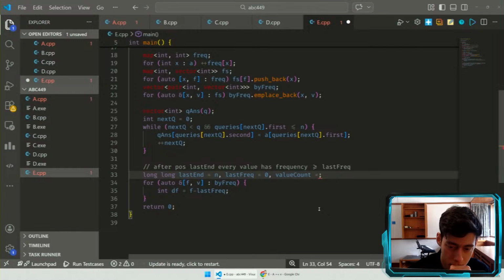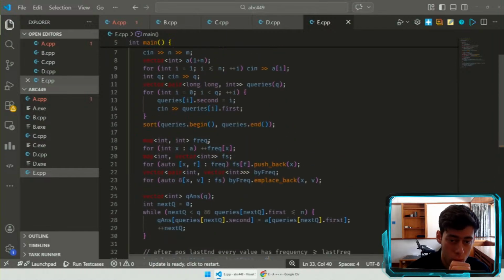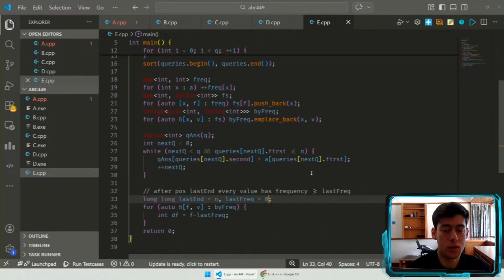How many values have I picked up already? It's all the ones that had frequency 0, right? Which won't be in this, so it's just